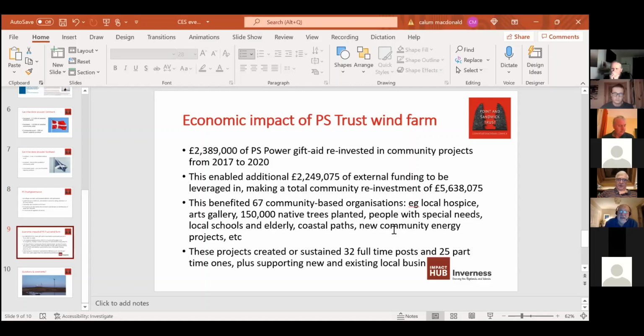One of the things we decided early on was that we would not become a major employer and have a vast workforce and big offices and all the rest of it. We operate really with 3 basic staff, myself, Calum, and an office manager. But importantly, we have 2 community consultants, Alistair Nicholson, who's with us tonight, and Tony Robson, who started work with us in